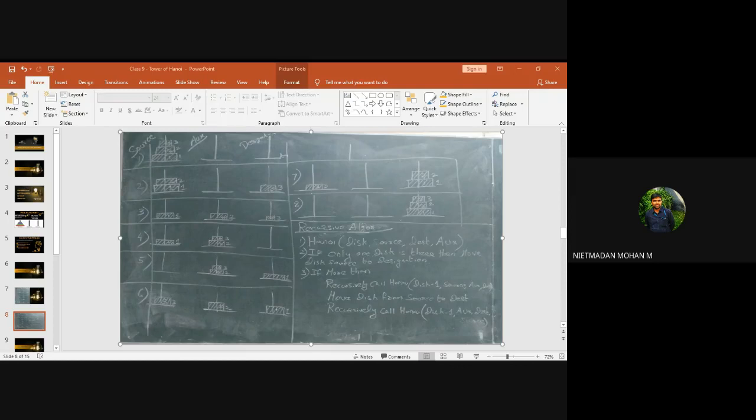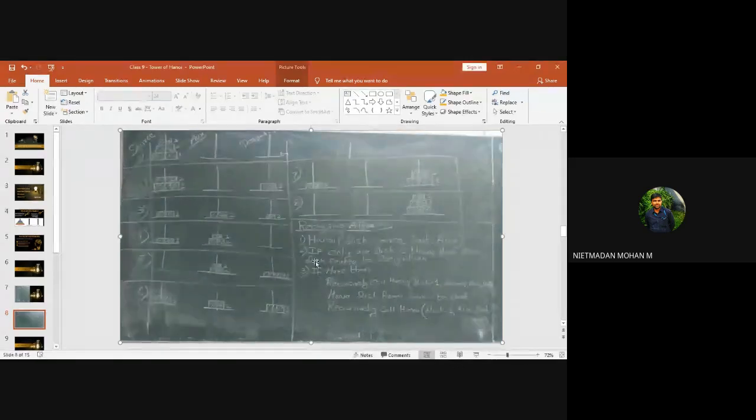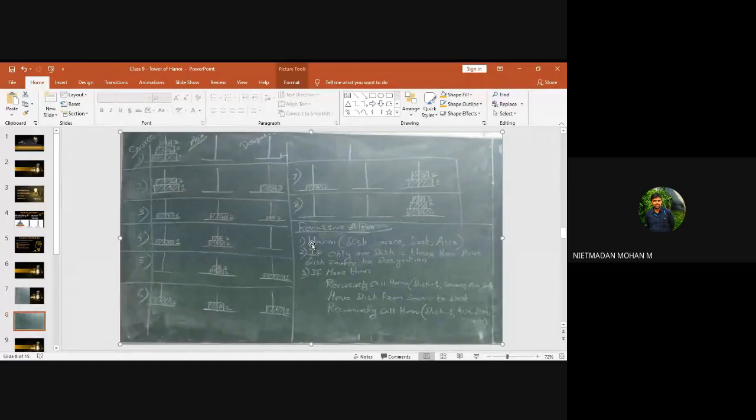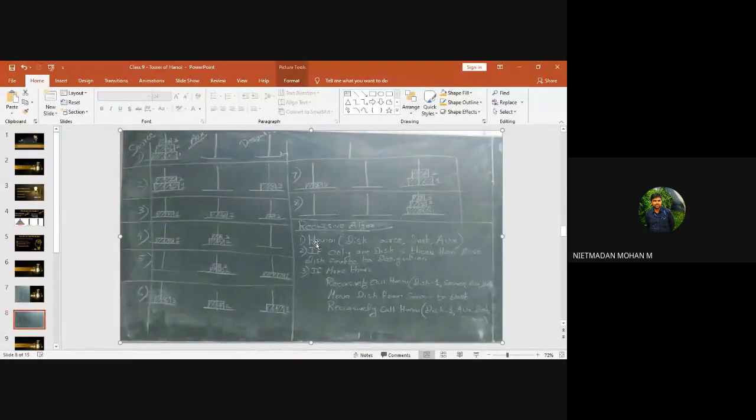So before that, from an exam point of view, first we want to declare the function for the problem, which is Hanoi. So we are declaring Hanoi as a function, and in this function, what arguments are we using? Source, auxiliary, destination and disk. These are the 4 arguments. Apart from these 4, we are not using anything else in this problem. So we are initializing these 4 arguments over here: disk, source, destination and auxiliary.